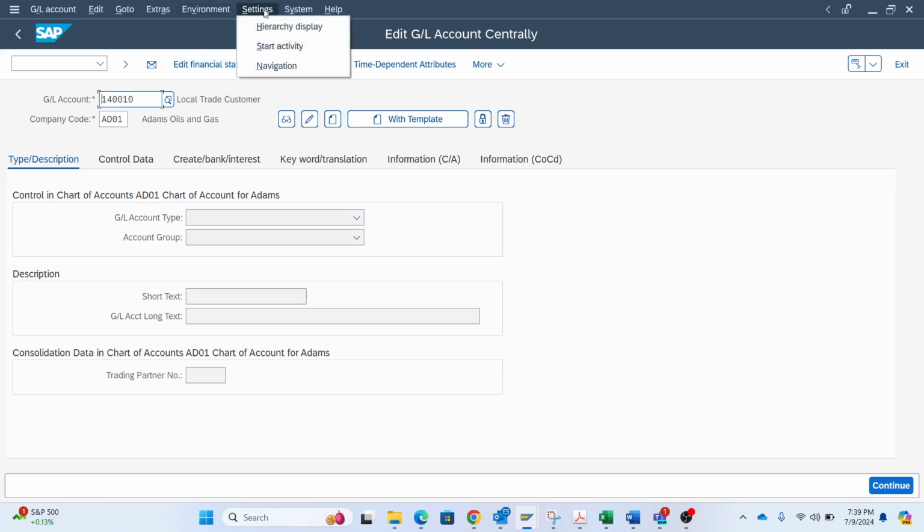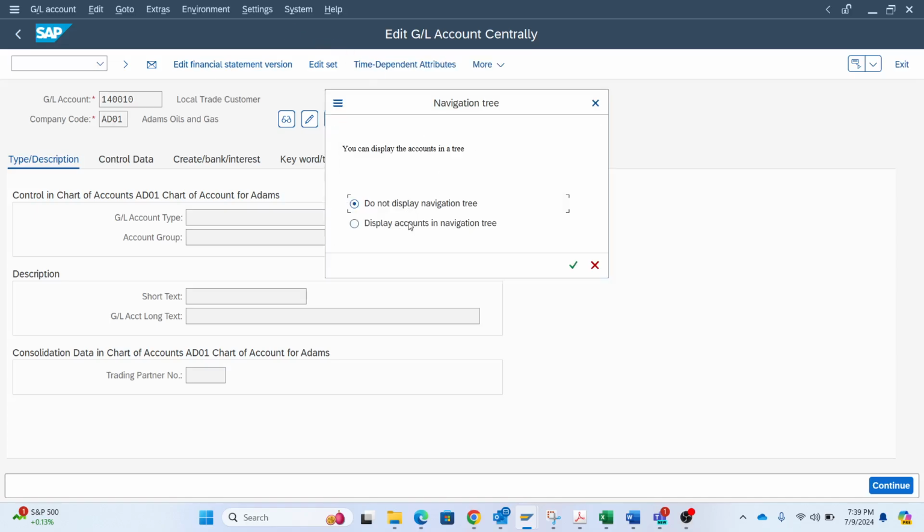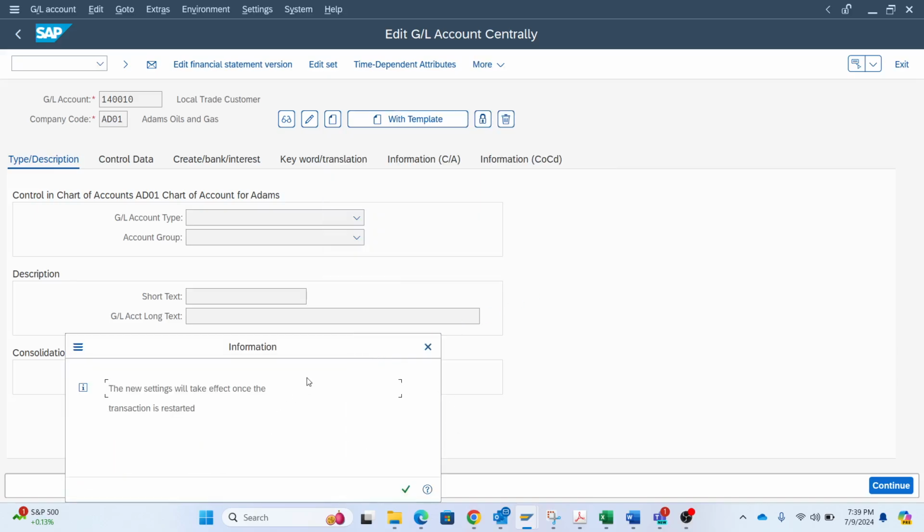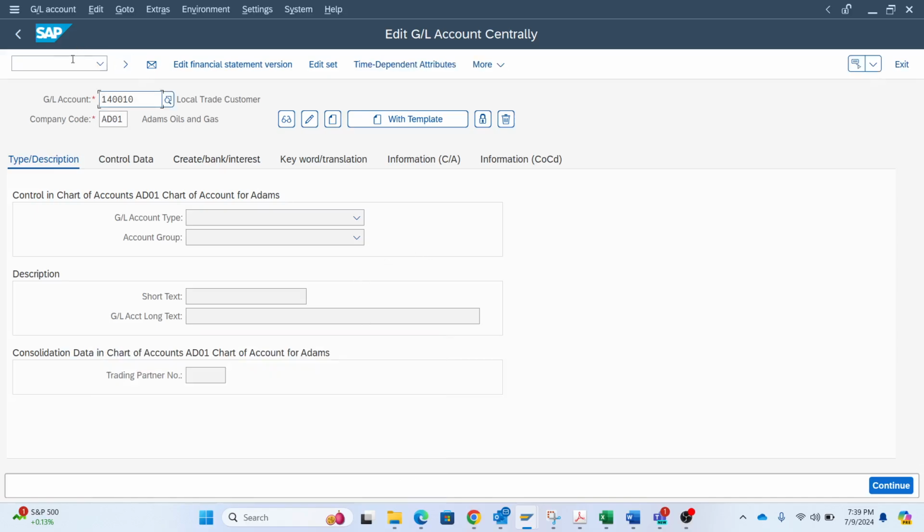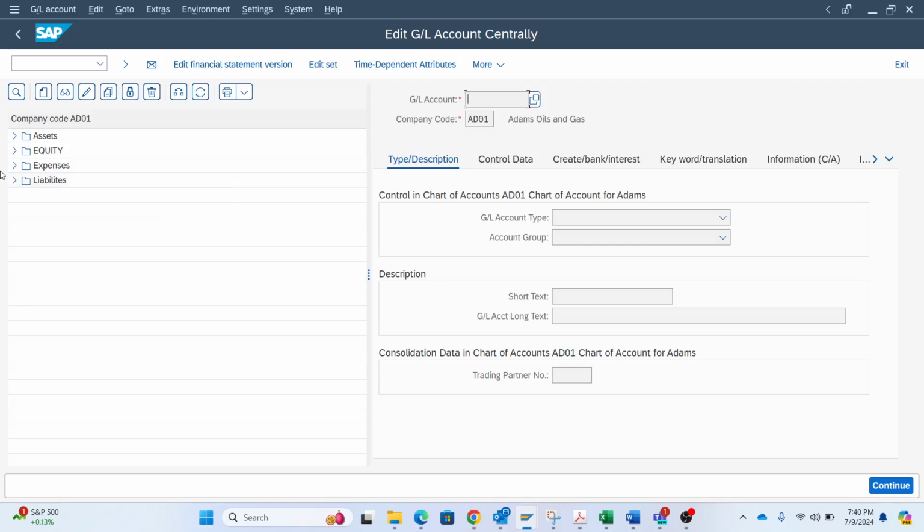But I like seeing whatever I'm creating. So you go through settings, and then hierarchy display. Then you come to display account navigation tree. Then I'll click on enter. Then it will tell me the new setting will take effect once the transaction is restarted, and I'll just click enter. The previous time, I used /n and then went back to the previous screen I was coming from. But in this case, I'll just put /n FS00, and I'll just remain where I found myself,